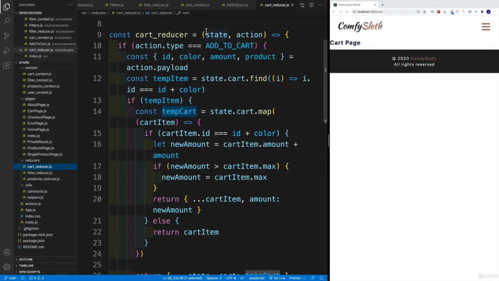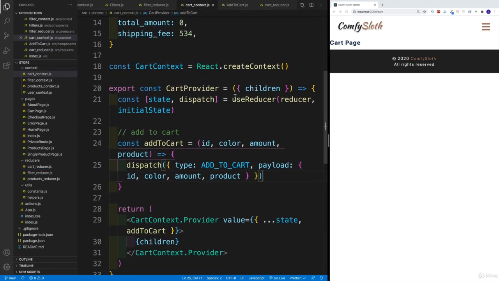Nicely done. We can add items to the cart. And let's set up our cart page so we can display whether we have some items in the cart. And if we do, then of course we have the buttons and all that good stuff. And then we're going to come back to the cart context and cart reducer and set up the rest